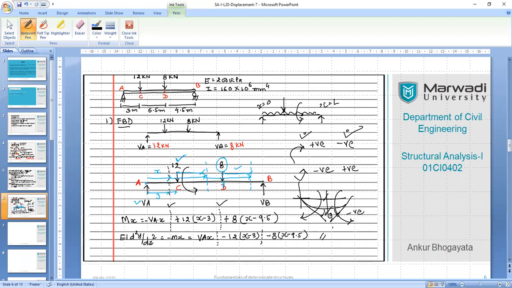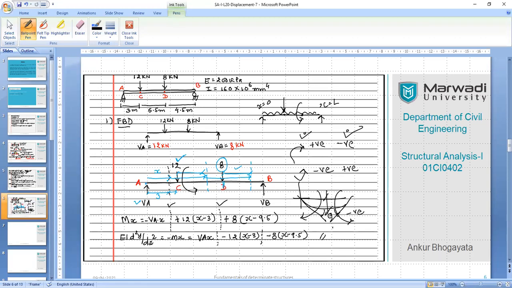And then we apply boundary conditions to eliminate the constants of integration, and then finally we reach the desired equations, which are ready to give us the solution of the desired quantities in terms of slope and deflection at the desired locations. Right. So this was the fundamental that we discussed. And now let's go ahead from this point.